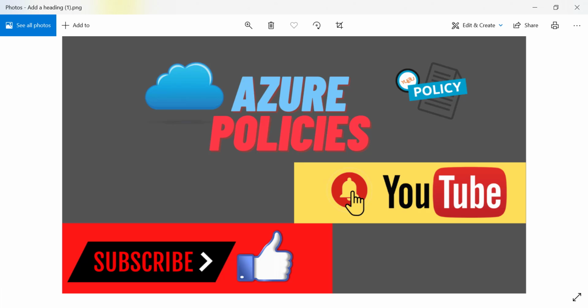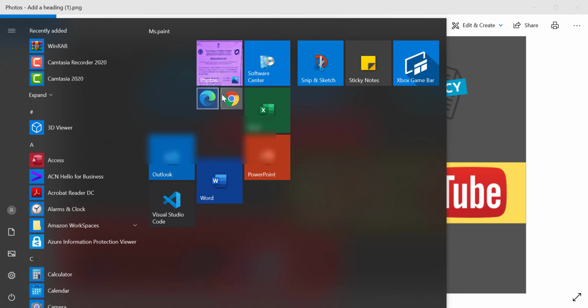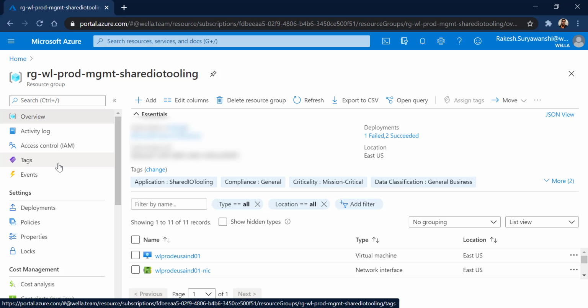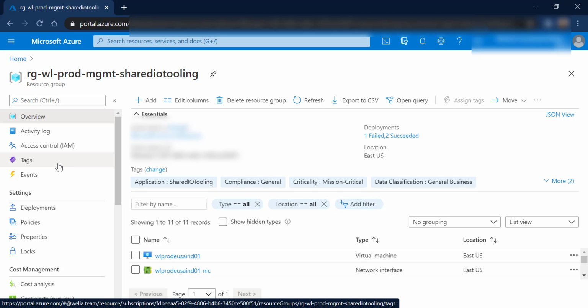Now, before we discuss what Azure Policies are, let's discuss why we need Azure Policies first of all. Let me open my Azure portal and I'll show you the dashboard. A requirement I could have is, let's say I would like to have the entire subscription dedicated to a specific location or set of locations.